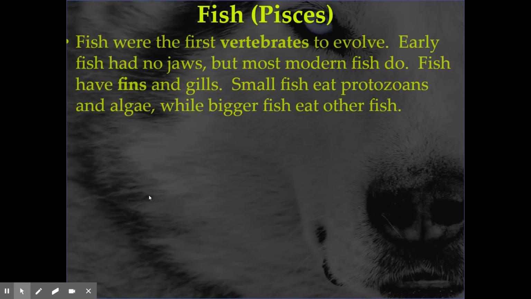So let's talk fish first. In the big scheme of things, when organisms were appearing on the planet, when we find them in the fossil record, the first vertebrates to appear in the fossil record are fish. Because as far as we can tell, life began in the oceans. And that makes sense because the water can support, so you don't need a complicated skeleton for the most part.